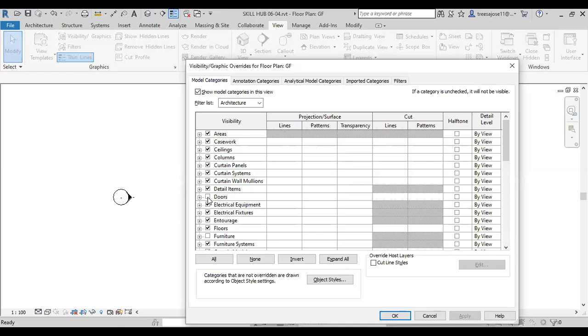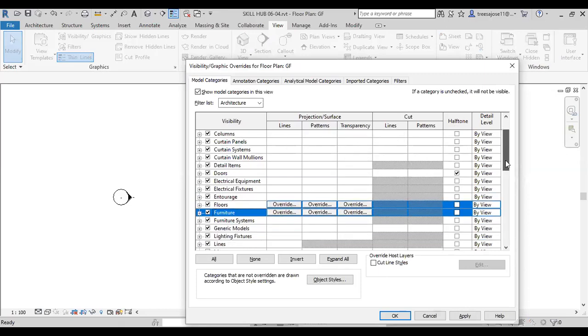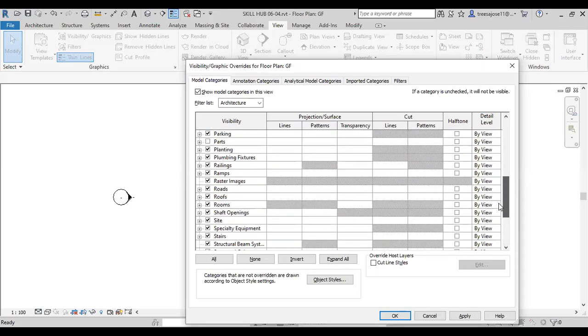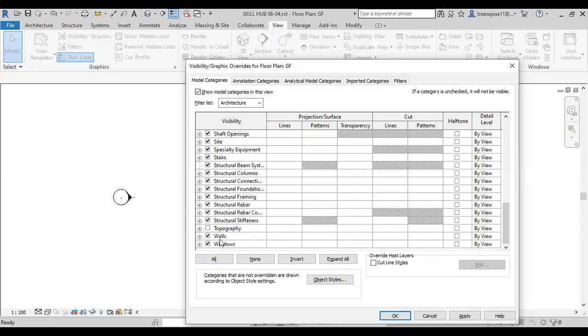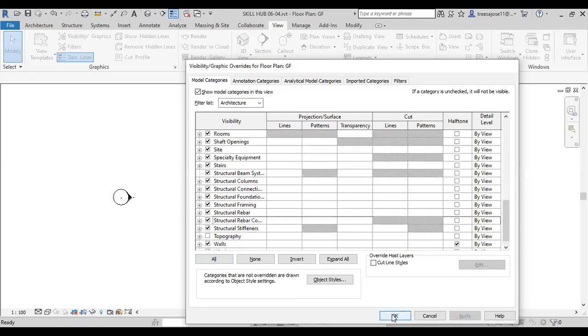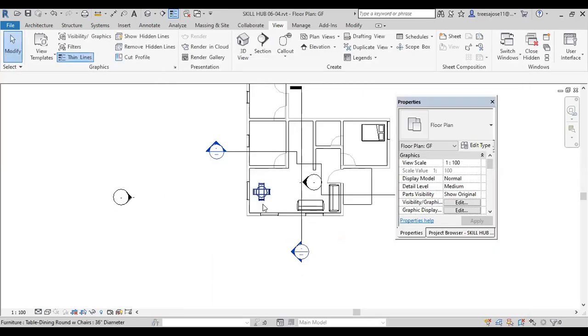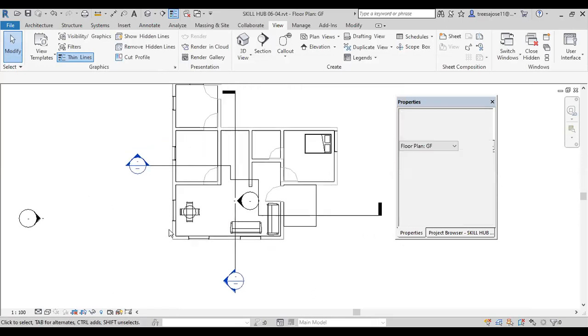I want to see the door, but that may be in half tone. If this is my furniture plan, that means I have to half tone the wall. If you select half tone, change this wall into half tone, apply, okay,